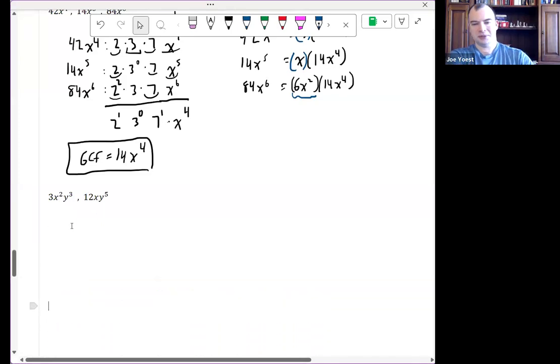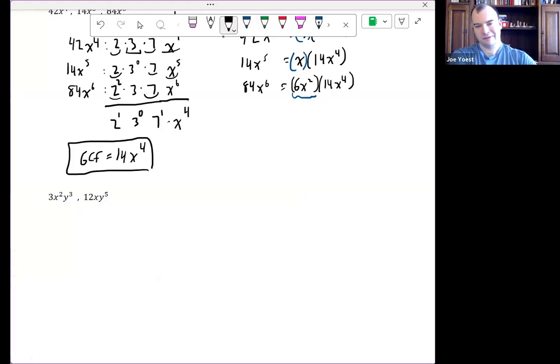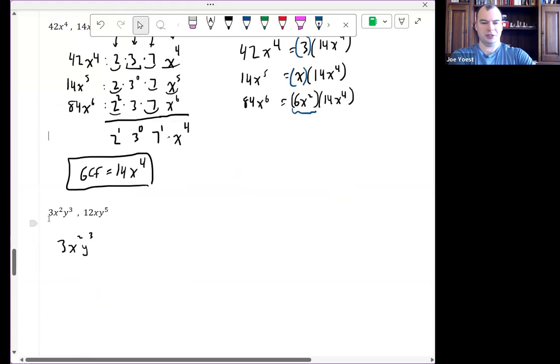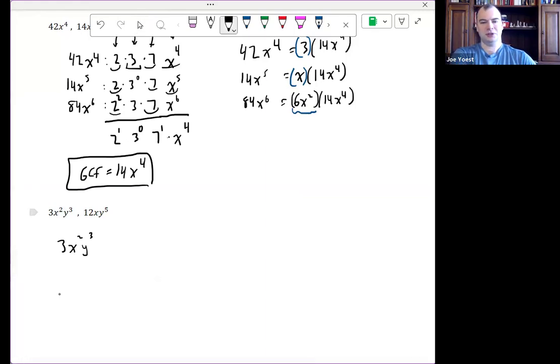What if I have multiple variables? So 3x squared y cubed. And as an aside, there's nothing special about having 3 things that I'm getting the GCF of. I could get the GCF of 2 things or of 5 things or of as many things as I want. So if I have these 2 monomials, 3x squared y cubed and 12x y to the fifth,